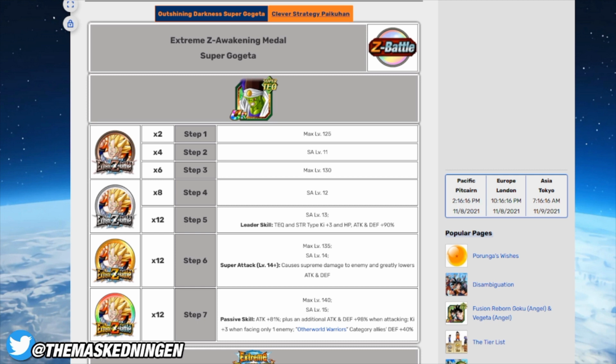And obviously on Global at the moment, we have the 4x rank XP and the half time to restore boosts. So now's the perfect time to be link leveling and stuff like that, so you don't really want to waste your stamina on doing EZA stages, especially for Pycon, considering I want to get him done and try him out, because obviously